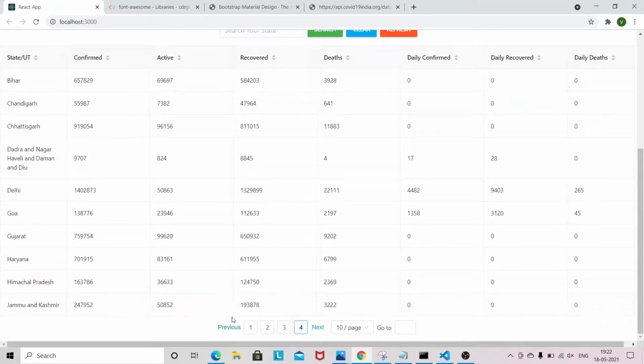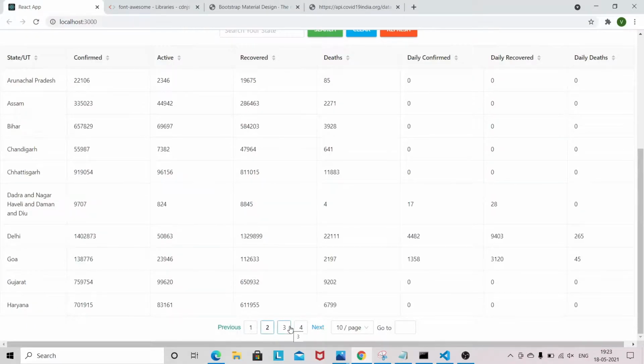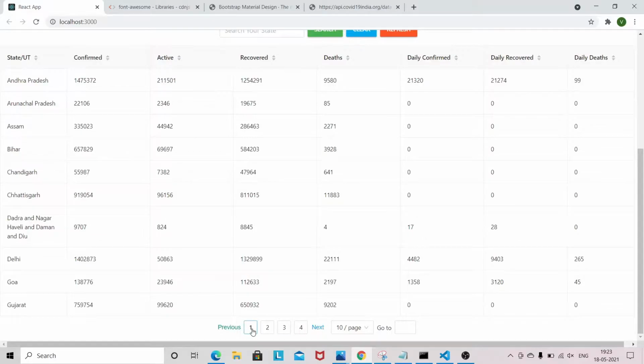So we have advanced pagination also in this application. We have around 37 states and UTs, so both states and UTs are combined.